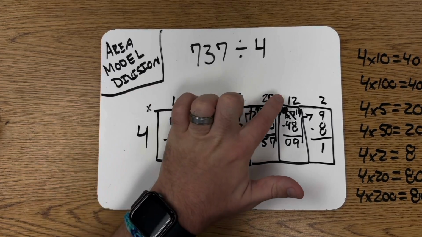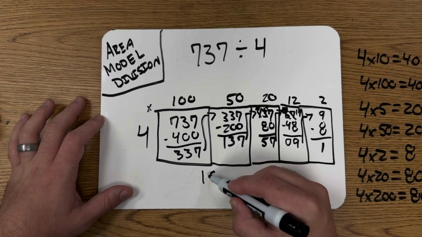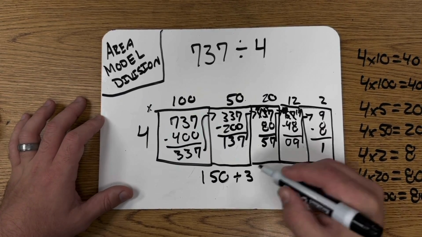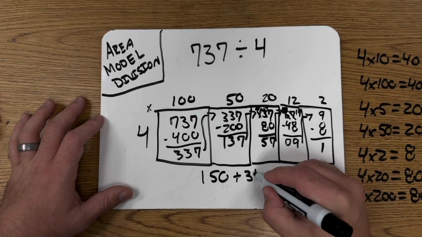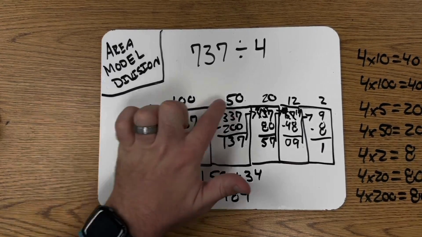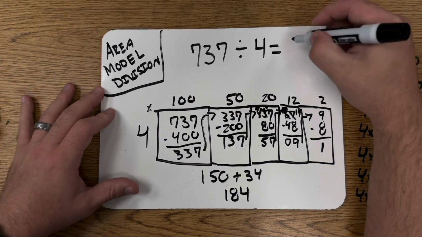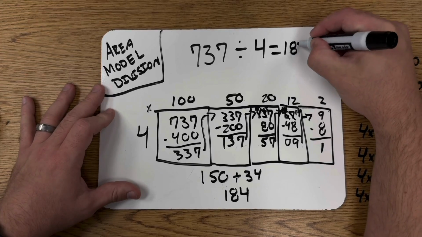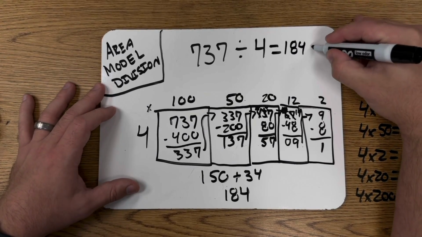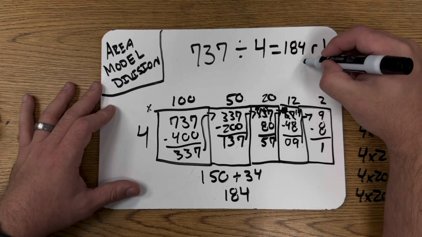Final step is to go ahead and add all these together. So 100 plus 50 is 150. 20 plus 12 is 32, but we can just add that other 2 into there, 34, and we get to 184 for our quotient here. So we come up here and we say, okay, the answer is 184. However, I had 1 left over that I can't do anything with, so we have 184 with a remainder of 1, or